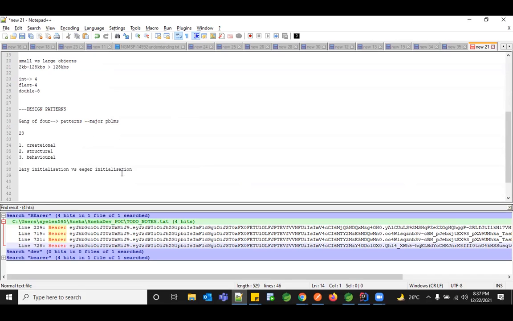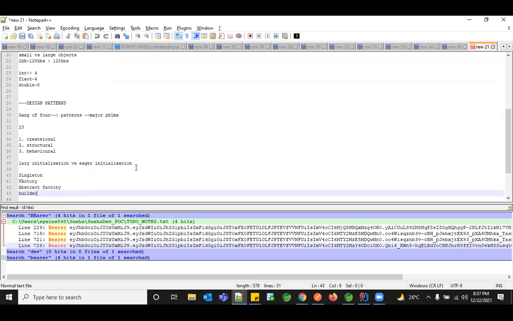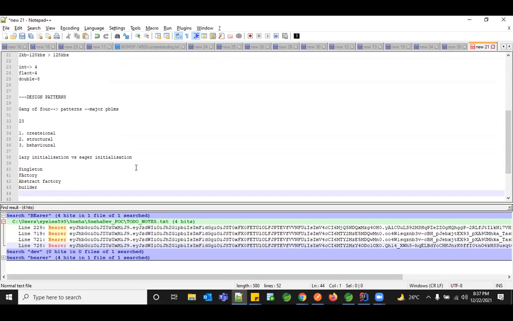So in this creational pattern, there are multiple patterns: singleton pattern, factory pattern, abstract factory pattern, builder pattern. So there are multiple ways you can create your object. What I'm trying to do now is, we don't need to go into the other patterns. Right now we'll just understand these two. What is the main purpose of this?